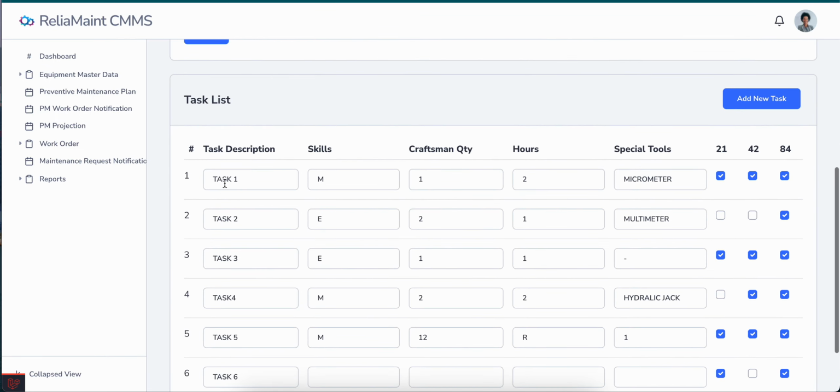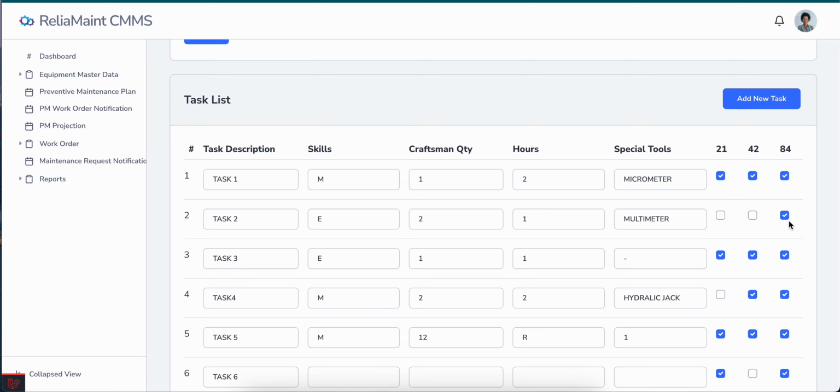And further, these are the tasks with the requisite set of skills, maybe mechanical or electrical. What is the craftsman quantity for this particular task, how much time or hours it can take, if you need any special tools. So this information is available at the task level. And whether it is applicable to all three, others may be applicable to only one.